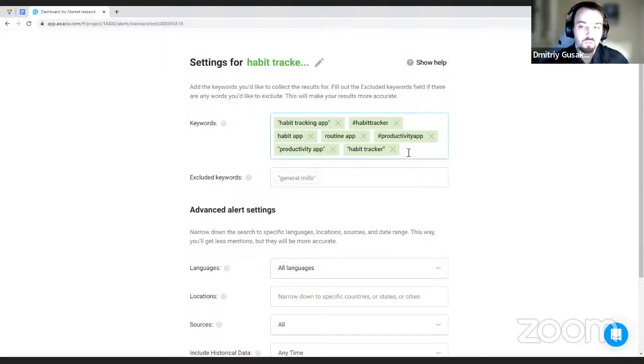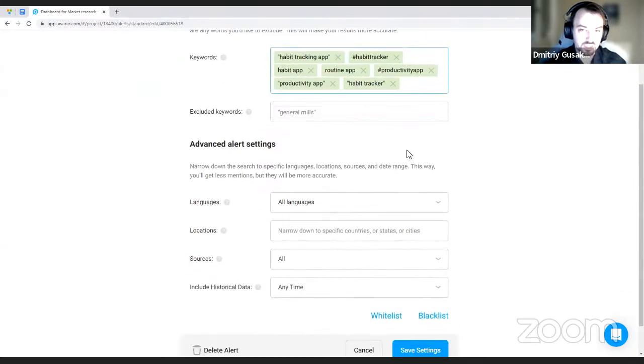And if you could come up with any other things, you can always add them here. Or if you happen to see a mention somewhere where you've seen some peculiar way to reference your niche, you are more than free to go back to that setup and just add more words. Nothing else is really needed here besides those words.